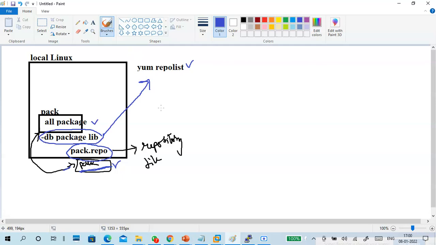Temporarily. When you restart your computer, it will automatically be gone. So temporarily it loads this database file into the system.